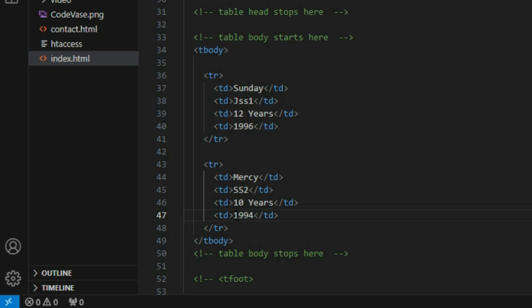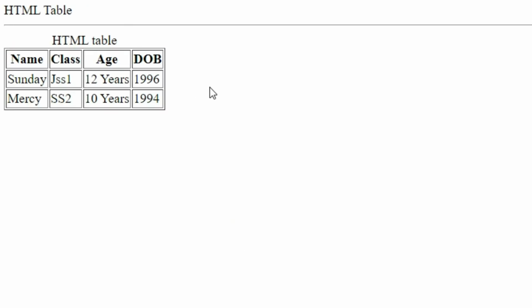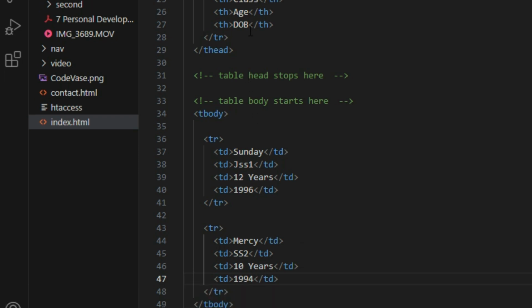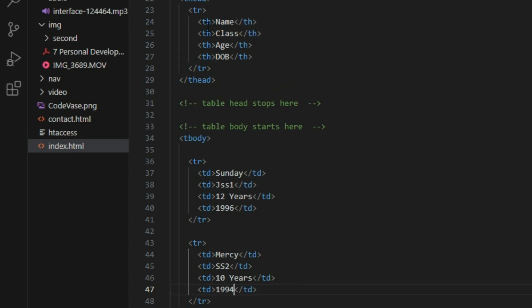You see, to create more table rows and columns for the second person and the first person. So that's how you put it. Another thing you have to note is these two things must tally. Again, this name must tally with the first table data. This second table head must tally with the second table data. For example, if you are writing name here and you carry this name and put it in the second table data,